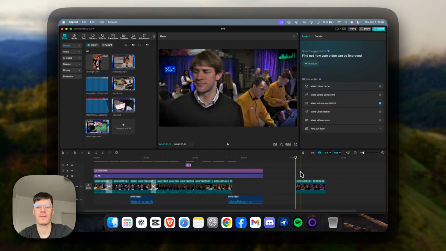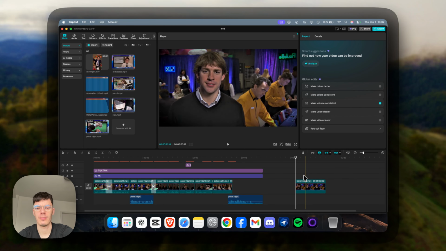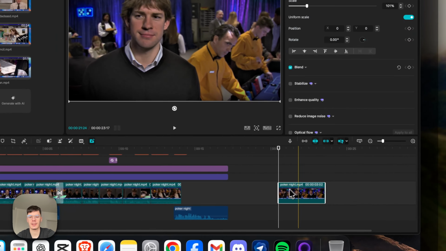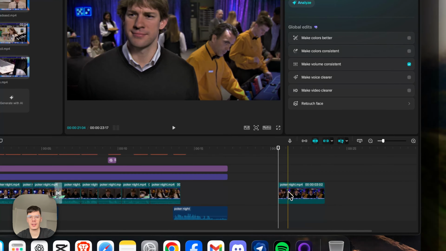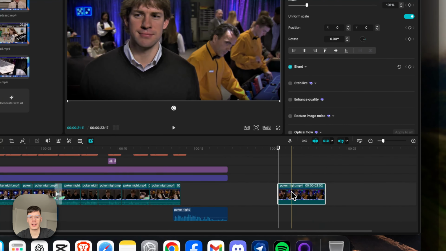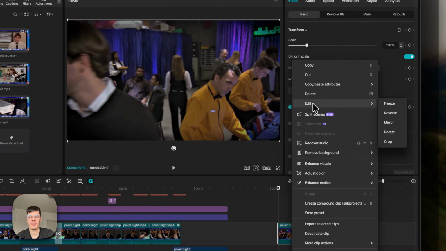How to crop a video in CapCut on Mac. So simply open your CapCut app and find the clip or video which you want to crop and simply click it. I want to crop this one, and all you have to do is to right click on edit or place your mouse on edit,